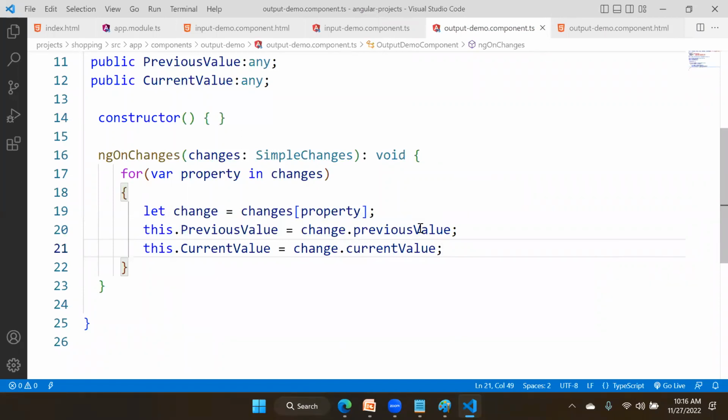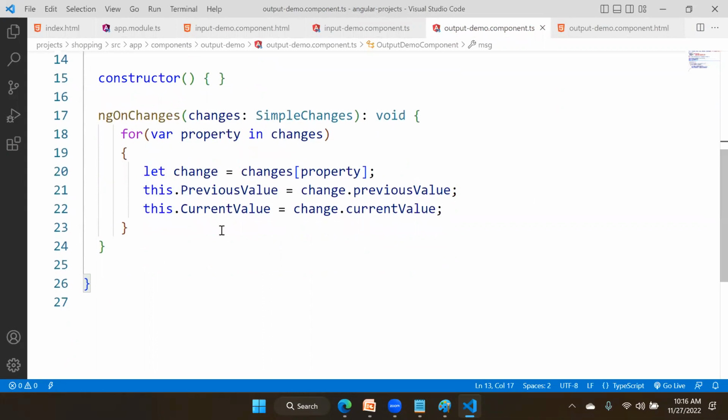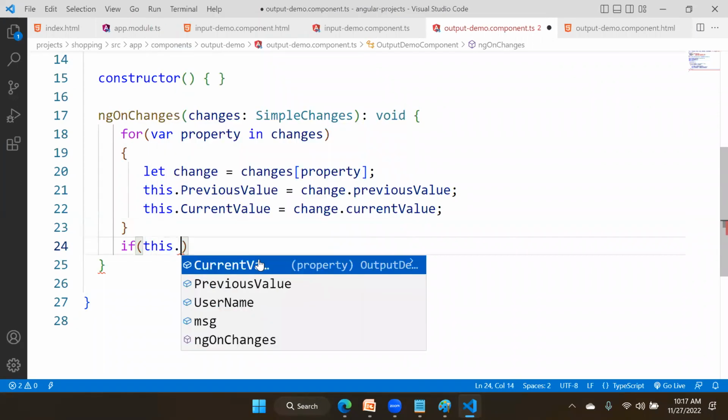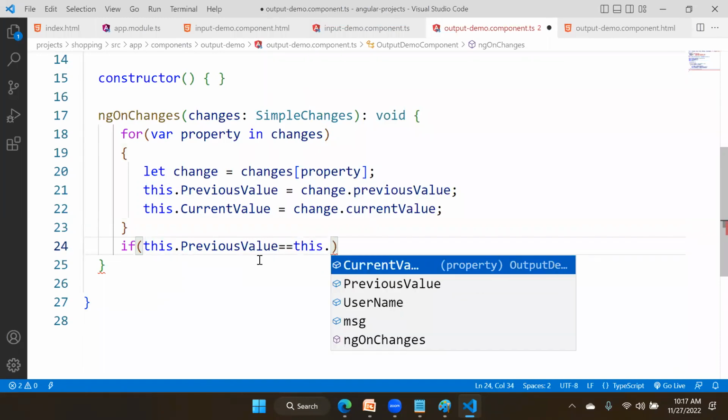Now we will write a simple logic here, right? This is done. We will put one more message. So public msg, msg is also any type. And here we will write a condition. What is the condition? If this.previousValue is matching with this.currentValue,